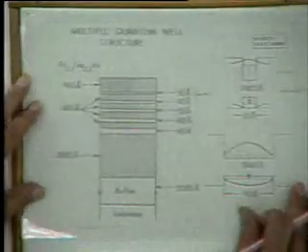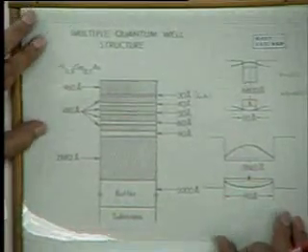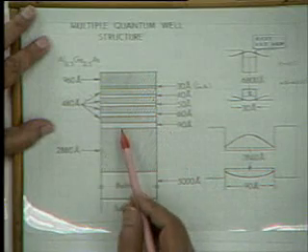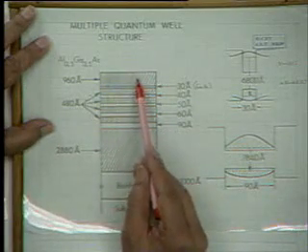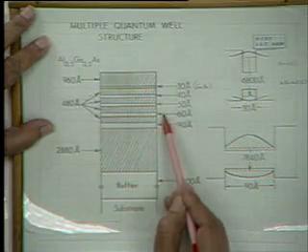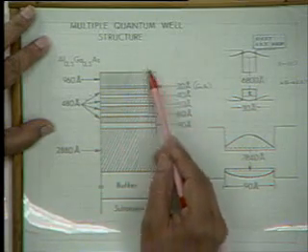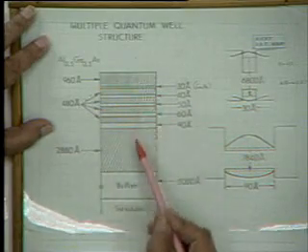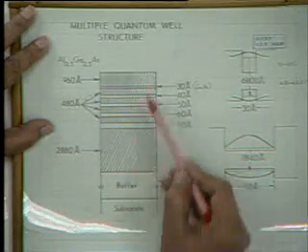And in order to verify that, what does one do? One makes wells with different widths. This is what we've done by MOVPE also. If you grow, the shaded are the barrier layers, and these are the wells: 90, 60, 50, 40, 30. This is a GaAs/AlGaAs structure. In one growth run, you can grow these wells, and if you probe it